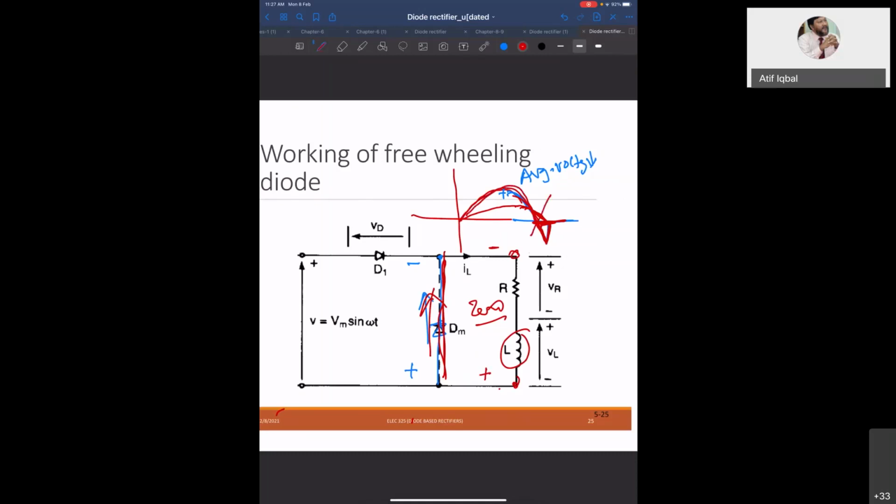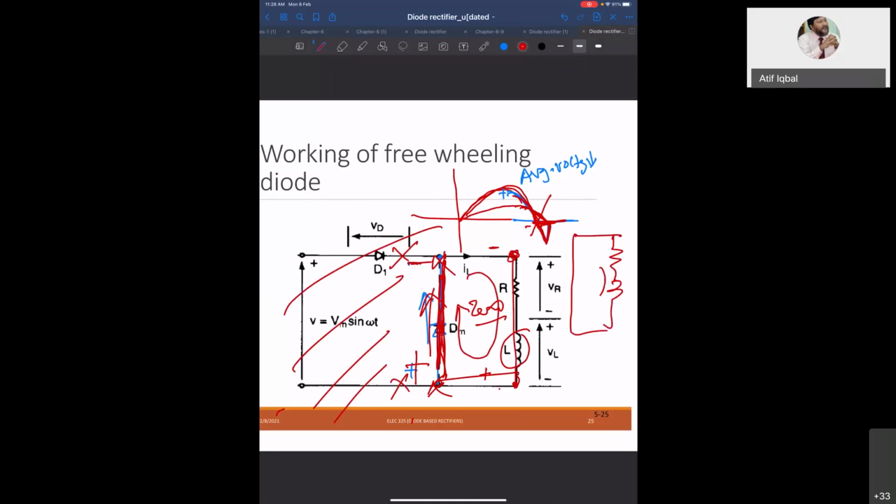So as soon as you have negative here, what happens? This negative and this positive will cause this diode to turn on. And when this diode turns on, the voltage across the load will be what? It will be the same as the voltage across the diode, that is zero. So it will not be negative, but it will be zero. It will try to be negative, but as soon as it tries to, the freewheeling diode turns on, and the current flows in this direction. And this part is not in the circuit. So you have only the resistance, the inductance, and the diode, and the current freewheels. This is called current freewheeling.